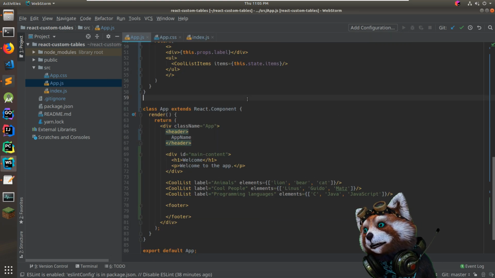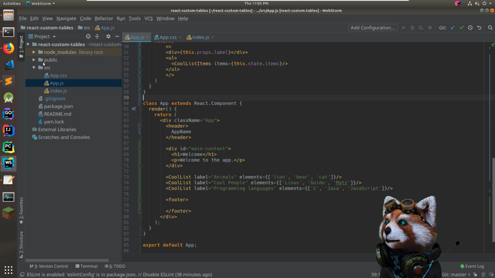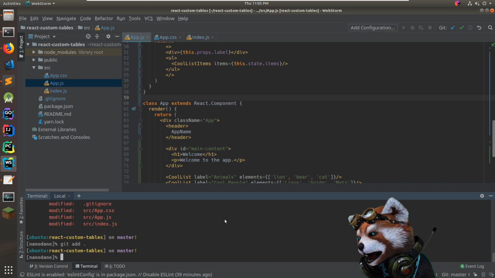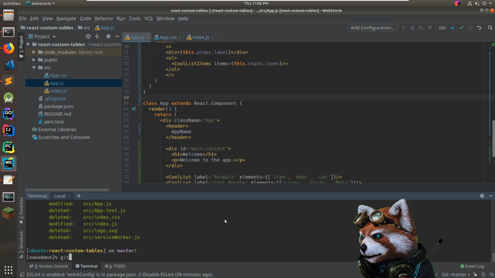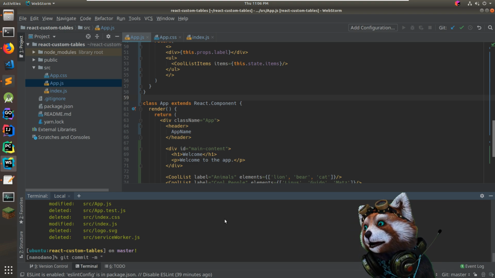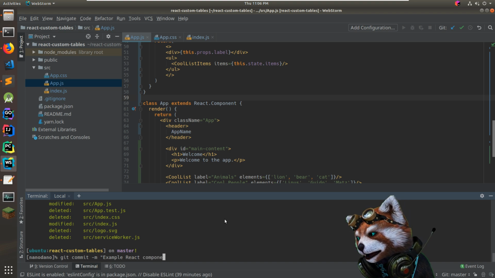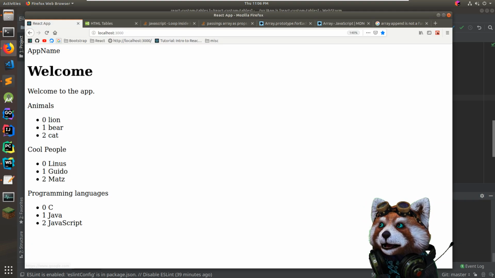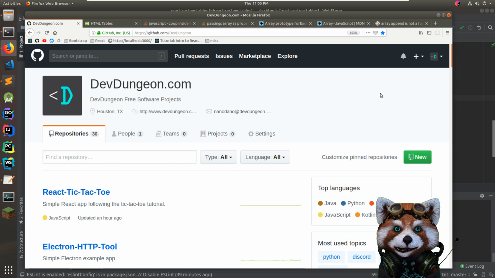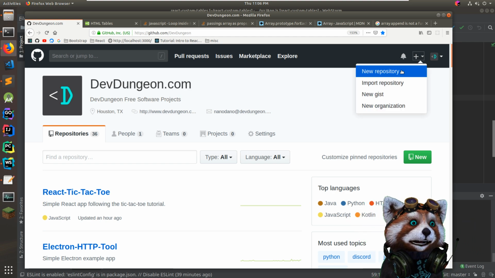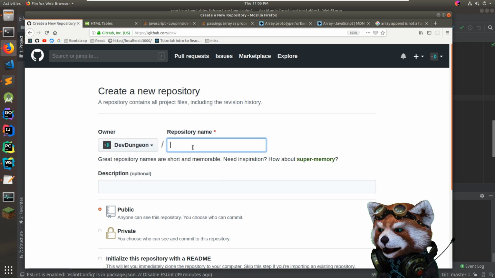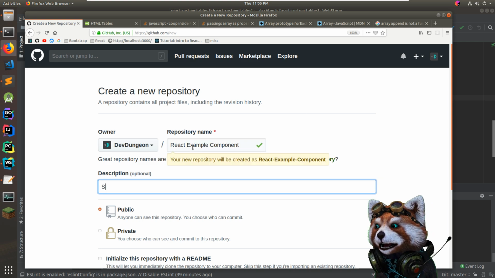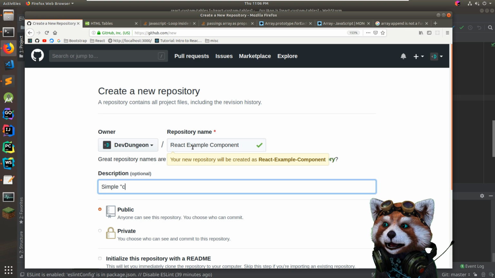We've accomplished everything. What I want to do is make this one an example as well. So let me do this. Git add all of those, git status. We'll do git commit and say example react component. And git remote, we need to make a repository. So let's do this. New repository. We'll call this React example component. Simple cool list